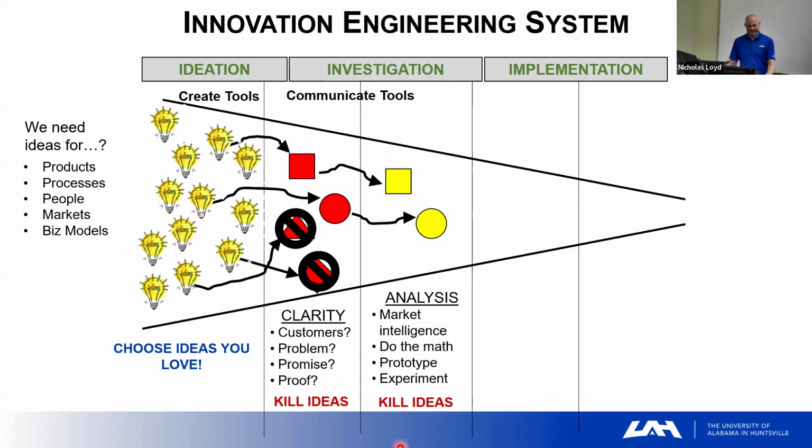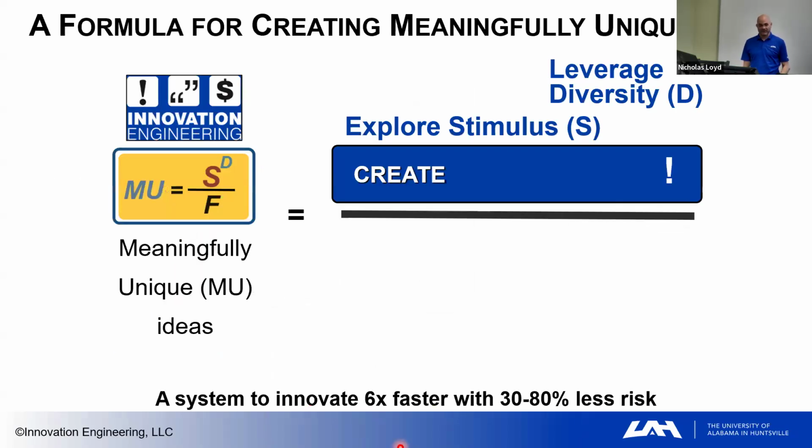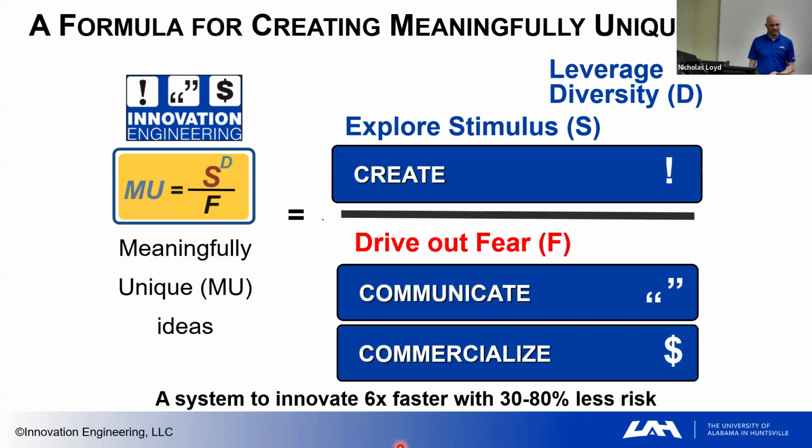Now we're going to use our competitive analysis and go even further. And that'll either tell us more and convince us we have a good idea, or say, you know what, we can't really back up this benefit promise with proof, or we can't even craft a good benefit promise to convince a customer why they should care. Let's back it up with some reasonable proof. We need to kill these ideas, but move forward. Then we're going to do a deeper dive, see if we can actually run some numbers, do some prototypes, make it real, or in other words, jump to the commercialization phase to see if we can do a little more to drive out more fear.